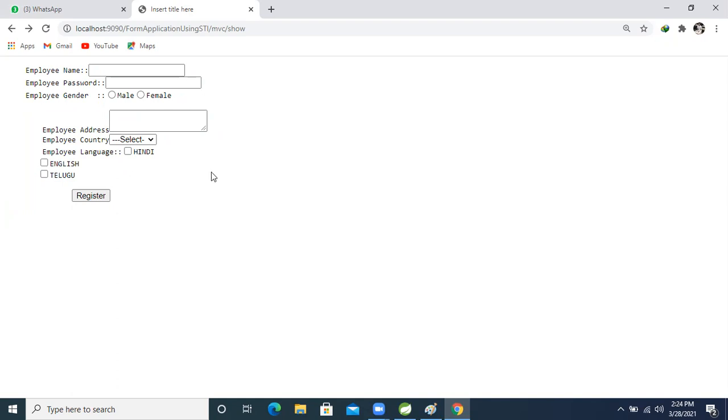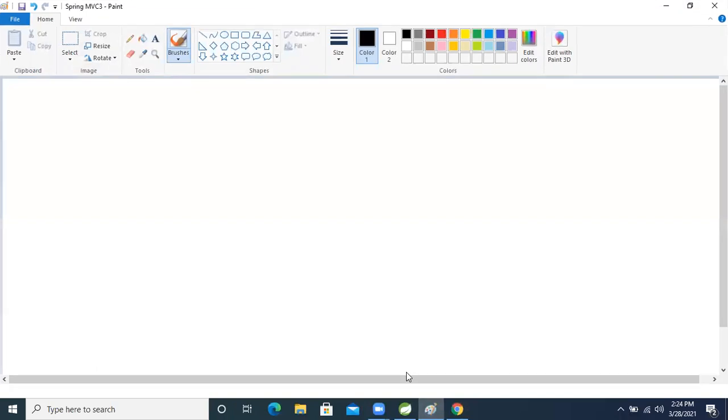But before that, let's first understand one thing before validating this form. In core Java, the Pattern API is there. We will understand that Pattern API first. After that we will validate, and we will understand the flow. I will also explain the UML diagram, each and everything. One time I will give the UML diagram.